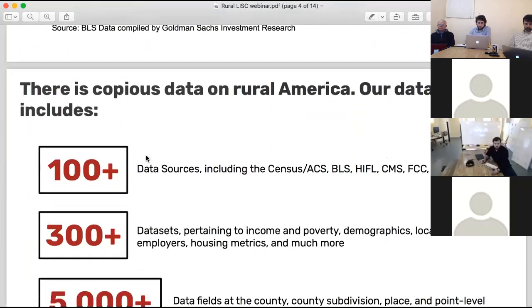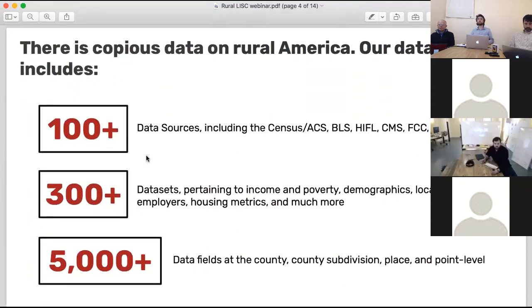when we started, we knew that we needed to use data to inform our work. We knew that there were tons of data sets out there and from various sources across rural America, and we knew that data had to be a part of our decision-making process for trying to figure out how rural economies have changed and what we can do about it in the 21st century. So what we did was we hired a data scientist, and we started looking through the data. We've ended up ingesting over 100 data sources into our database. We've studied over 300 data sets, and all in all, that adds up to over 500,000 fields